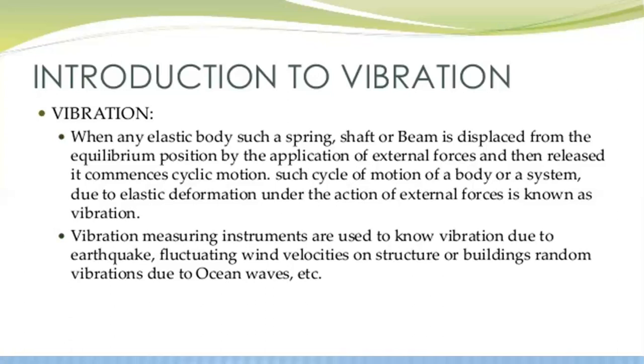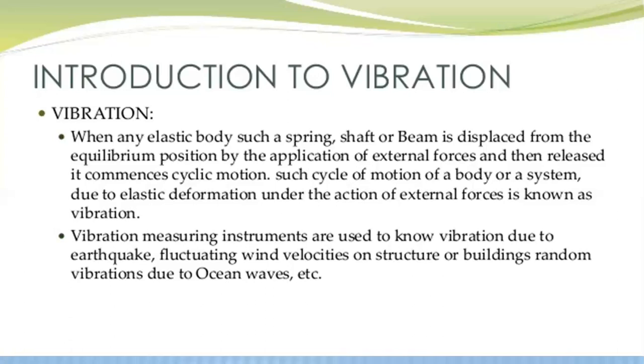So vibration measuring instruments may be considered in three basic groups: accelerometers, vibrometers, and vibrographs. These accelerometers are used to calculate the acceleration of that machine or any other device, vibrometers are used to indicate the vibration, and vibrographs record the vibration. So how much vibration is occurring on that machine or any other device, the graph is developed on the vibrograph.